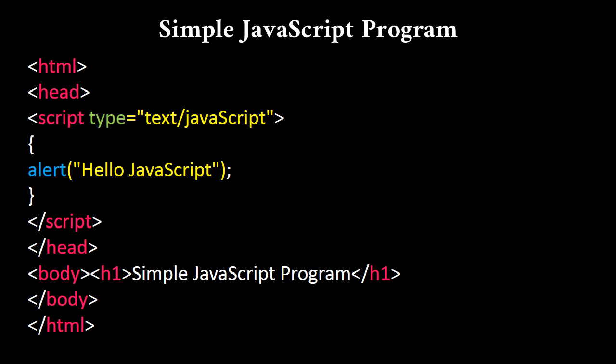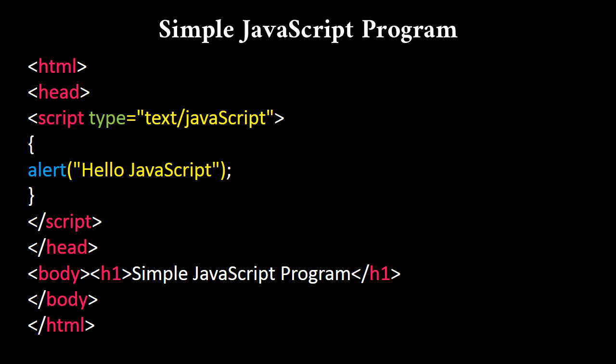Let's revise the last year's program, a simple JavaScript program, how to write a JavaScript program. While writing the JavaScript program, you must use the basic tags that you already learned last year. The first tag we use is exclamation DOCTYPE HTML, which is basically not a tag, but we start with the HTML tag, then the head tag.